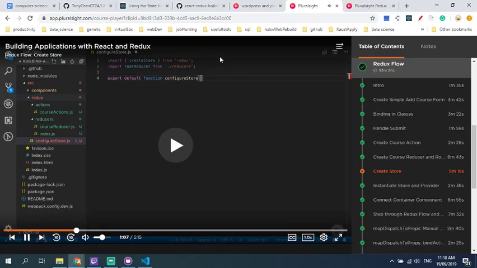This function will take one argument, which is initial state. So we could initialize our store with some data when